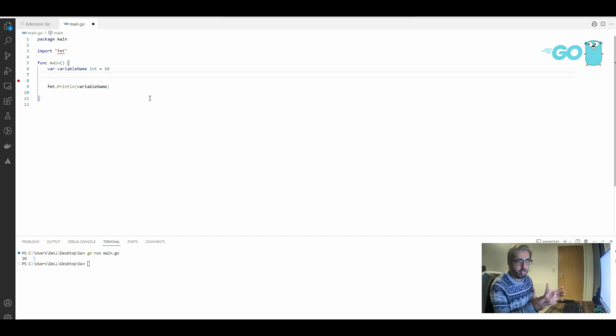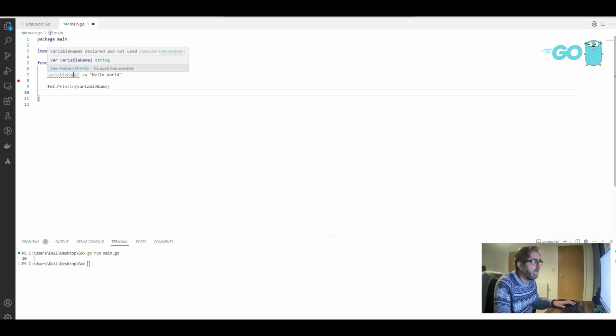The other way, which is a bit shorter way, that you can define the variables, like I can say variable2 colon equals, and it can be 5. So this is another way of declaring the variables. Here I'm not telling the type of the variable because it knows that the value is 5, so it will be integer. If there is no value, definitely there is an error in the program, you must define. Otherwise it will be decided at the time of compile, not at runtime, what the type of the variable is. So if I say like hello world, so now this variable is of type string,